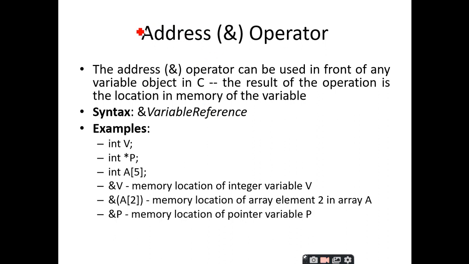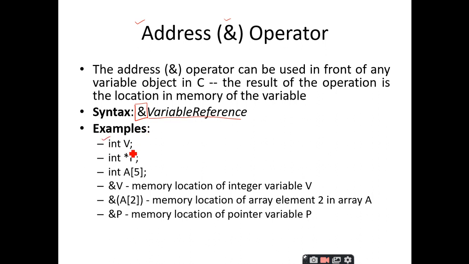And we have discussed the concept of the address operator. When I want to access the address of a particular variable, there is an operator supported in the C programming language by which I can access it. That is the address of operator, represented by an ampersand symbol. The syntax is very simple, as I told before. The variable name should be preceded with the ampersand operator.